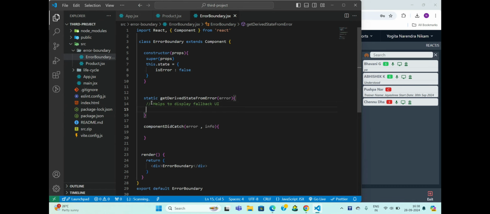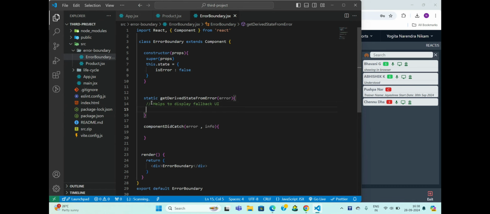What do we mean by UI? Yes, user interface. Whatever you are trying to display on your web page, that is nothing but your UI. So this getDerivedStateFromError is a method which will help you to display a fallback UI.